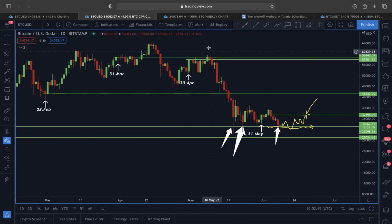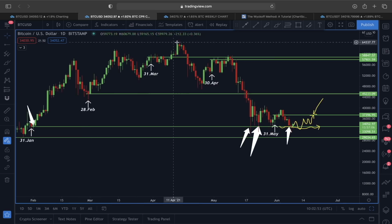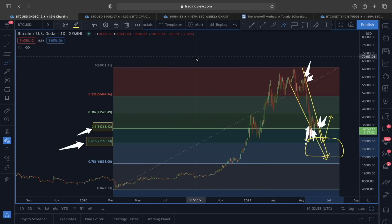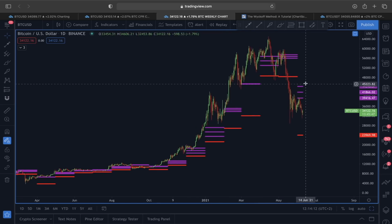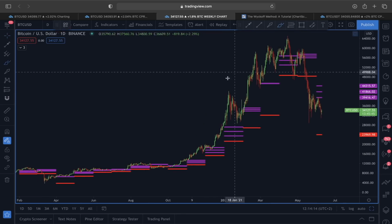So let's see how these daily candles are going to play out, and not only by looking at the price action using this monthly candle close level or this Fibonacci retracement, but also if you look at this price structure by using the CPI indicator, you can see here. So now if we look at this CPI indicator also in a daily time frame, we can see very clearly